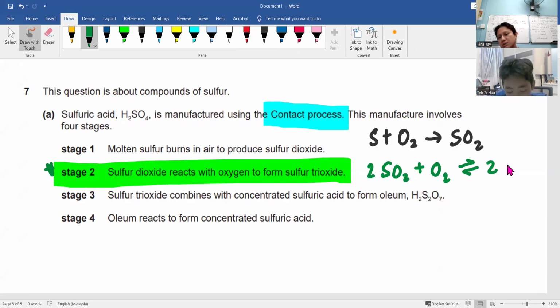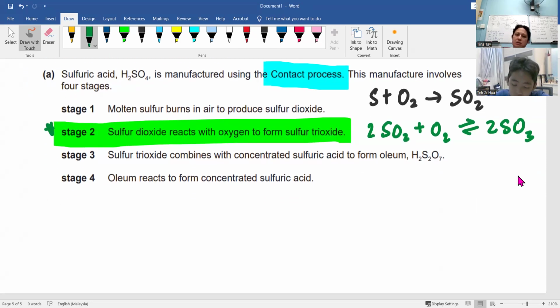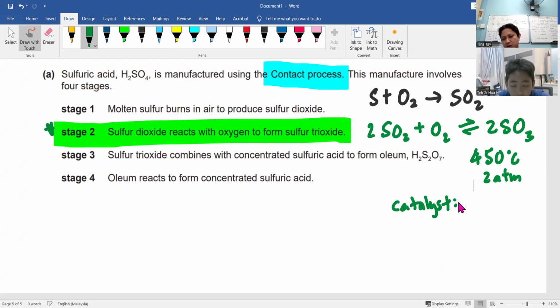This reaction is reversible and it produces sulfur trioxide, which is also gas. The specific conditions for this is also 450 degrees Celsius, but we only use 2 atmosphere. However, the catalyst is different. It's V2O5,